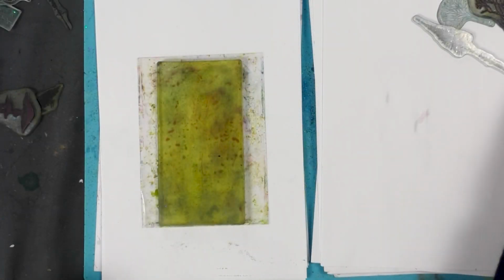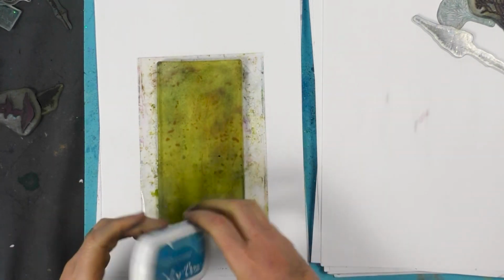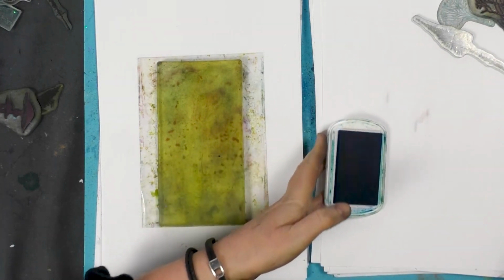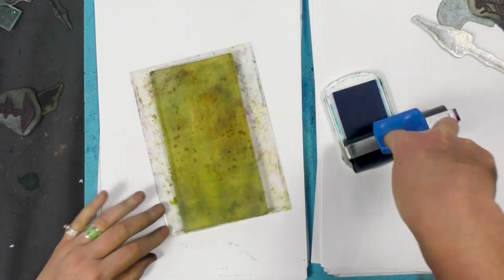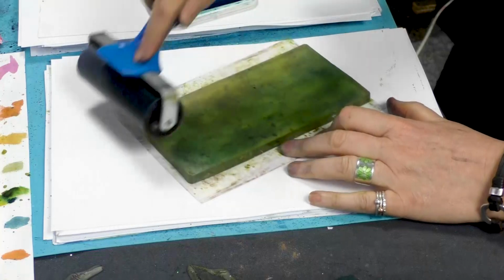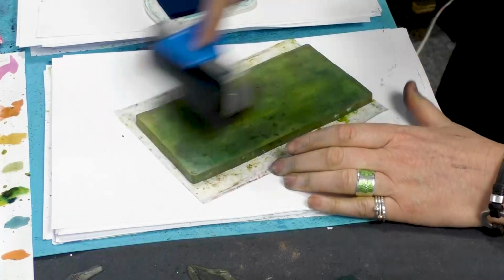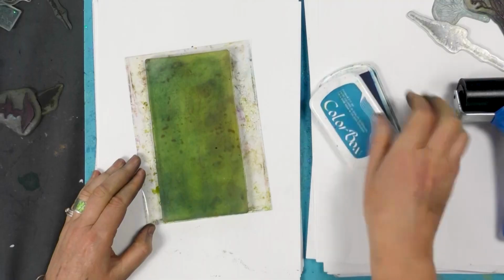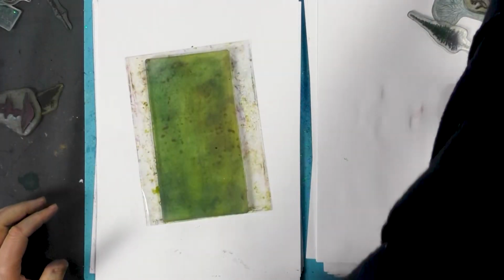We're going to be using Colourbox and Brushos on our gel press. This one is Bahama, so I'm going to ink up my brayer. It's quite a bright blue, so we don't need too much of it. Let's even that colour out. So that's your base colour, and then we're going to